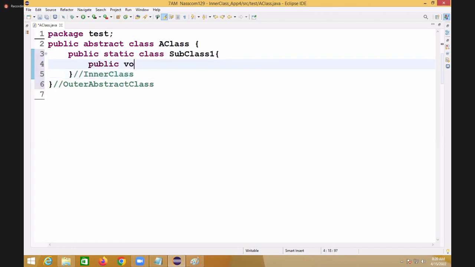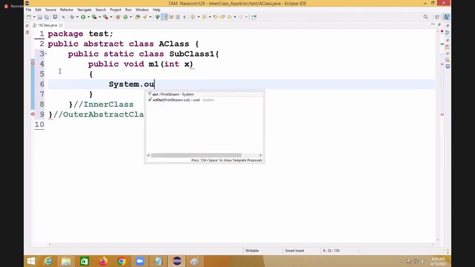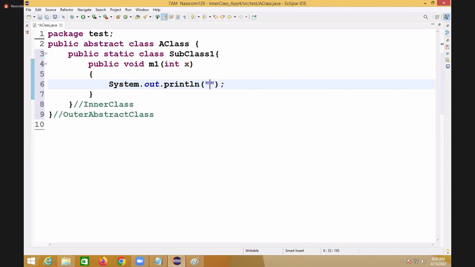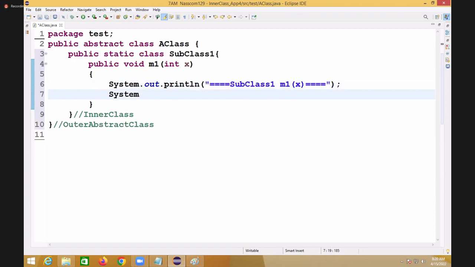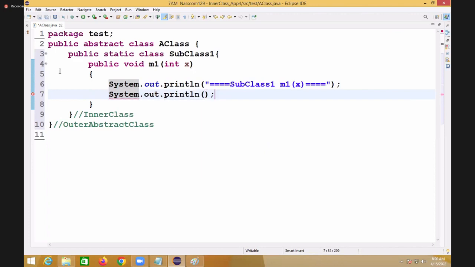So public void m1 of int x. Here system dot out dot println, "This is subclass 1 m1 of x." Now system dot out dot println, "the value x is equal to"